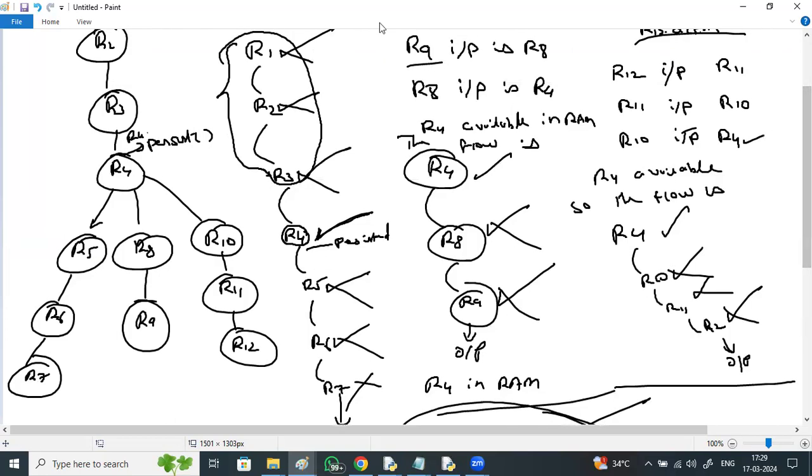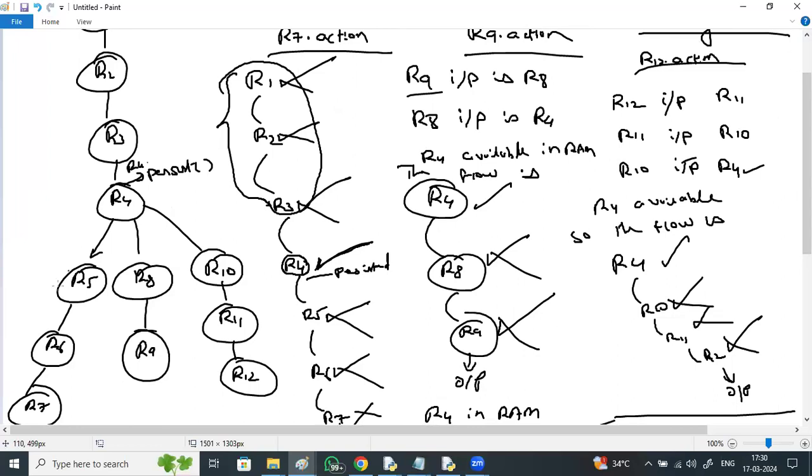Yes, some query was asked. So these R5, R8 and R10, these 3 flows can be executed in parallel, sir. R5, R8, R10 using R4 persisted, can they execute? Only 2 flows can execute in parallel, all the 3 can't. If flow 1 has executed completely, then the remaining 2 flows can take that R4 output. Understand, right? But any one flow should execute first, then only R4 gets persisted.